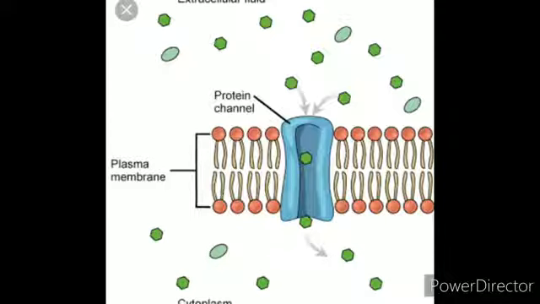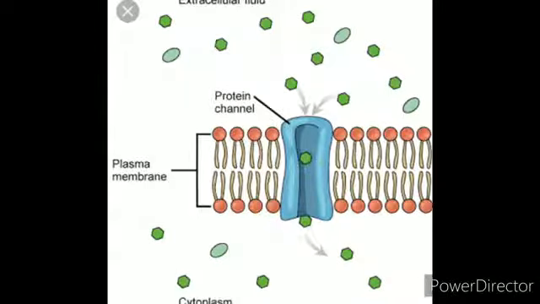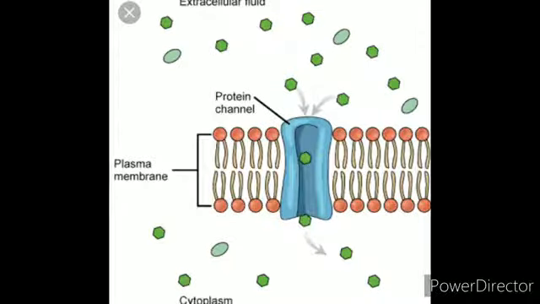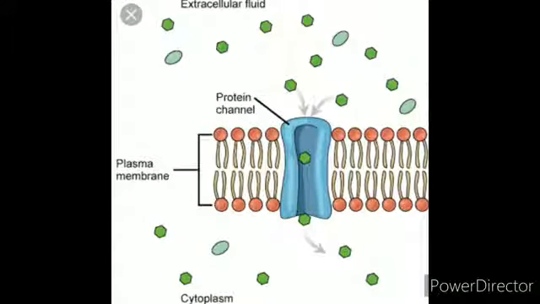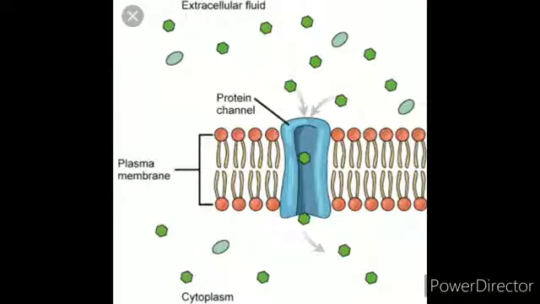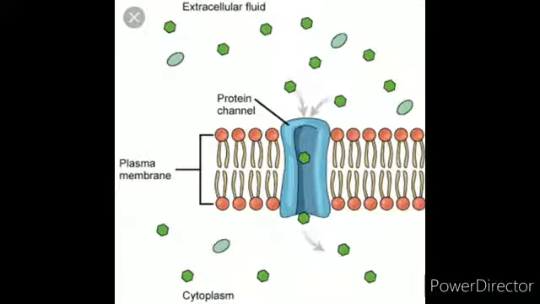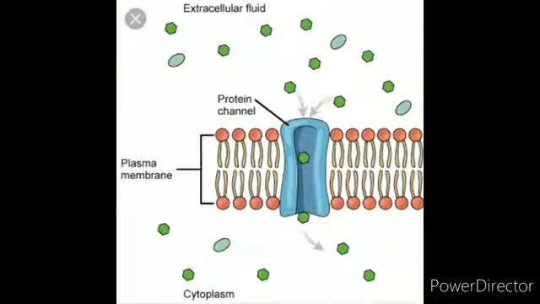Okay. Now coming to facilitated diffusion. This is a type of diffusion in which special proteins, we know very well, that is the porins or channels, help move substances from a high concentration region to a low concentration region across the membrane. So they will not use any ATP energy. Now, the transport rate reaches a maximum when all the protein transporters are being used. Facilitated diffusion is very specific because it is sensitive to inhibitors.